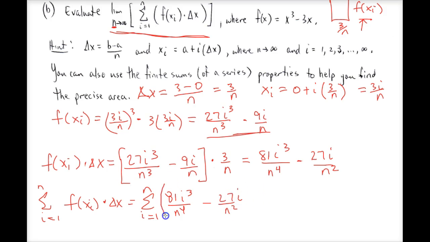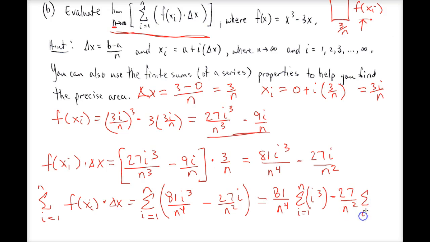Okay, so this is all together here. So we know that per our summation properties, we can split this up into separate summations, and anything that does not have i in it is going to be looked at as a constant. So for this first term here, I could rewrite it as 81 over n to the 4th, summation of i equals 1 to n of i cubed, and all that's on the inside, minus,